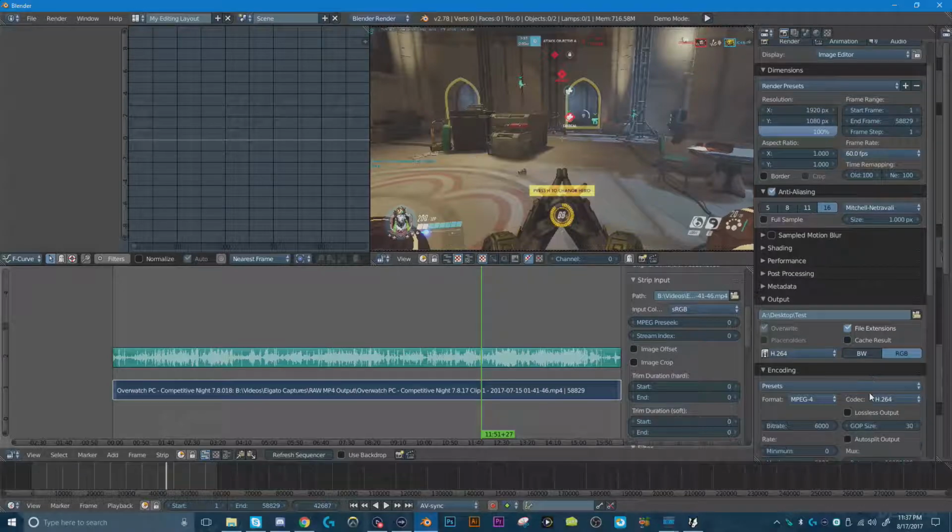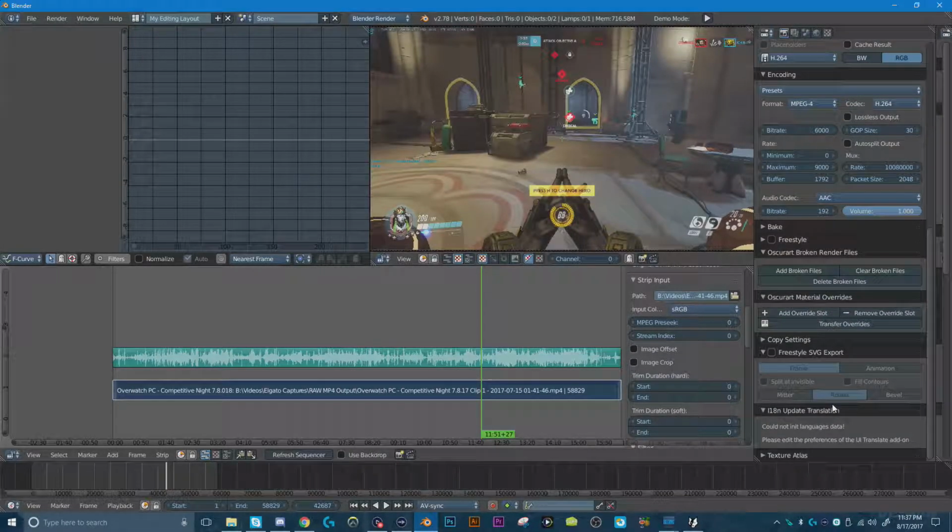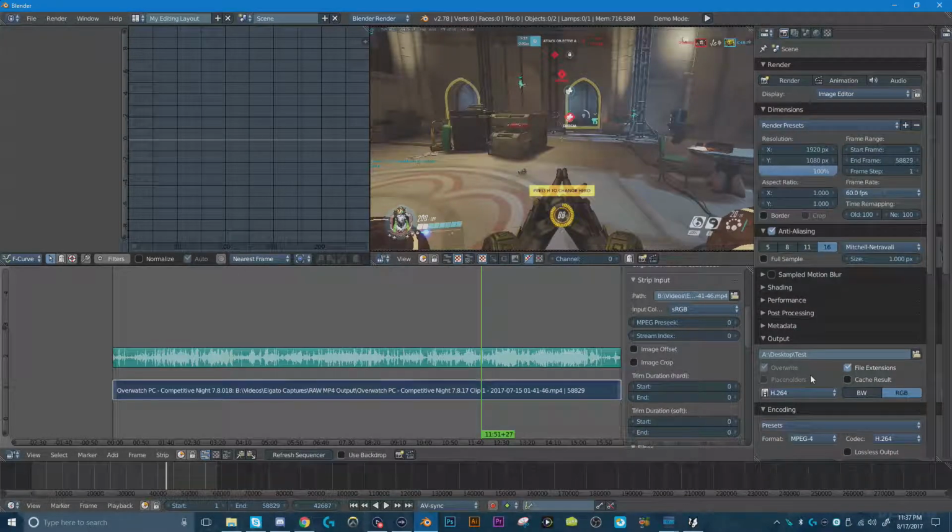Once that's done, making sure everything is correct, I advise saving the file before you render it, because if it crashes, you lose everything and would have to start from scratch. If you save it and the render crashes, all you have to do is attempt to re-render it. And if you're having issues with it continually crashing,